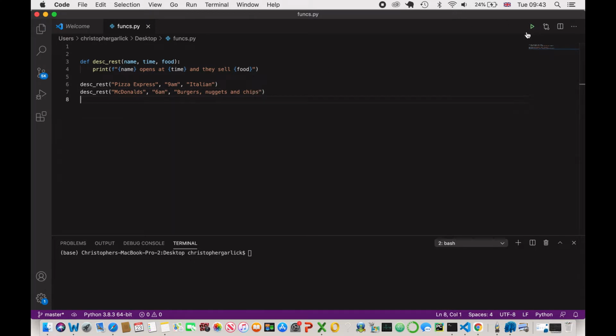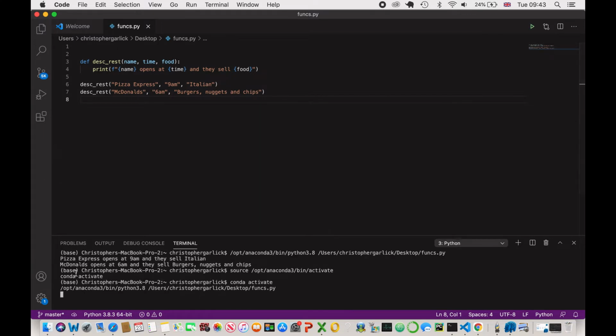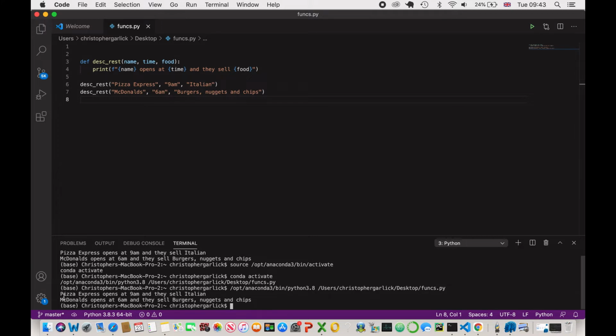And then if I run this, you'll see down here, if it decides to run, we get Pizza Express opens at 9 a.m. and they sell Italian. And then we get McDonald's opens at 6 a.m. and they sell burgers, nuggets and chips. So what we're actually able to do is just pass in the arguments, use them as parameters, and output something very easily. It makes it a lot easier, because if I wanted to, say, call this 50 times, with different information, then it would be a lot easier to just call this rather than having to type out this string